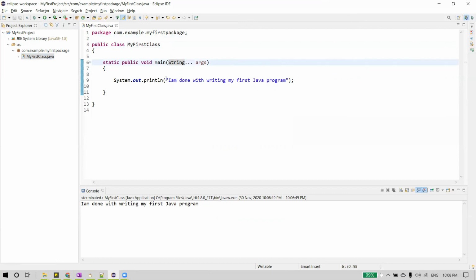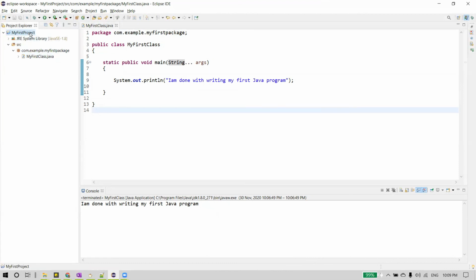And one more thing is that when we run a Java program, it is a two-step process. The program is compiled first, and a .class file is generated, and this .class file is executed by the JVM, the Java Virtual Machine, which we are going to discuss in detail in a coming session. All these class files are stored under the project's bin folder.